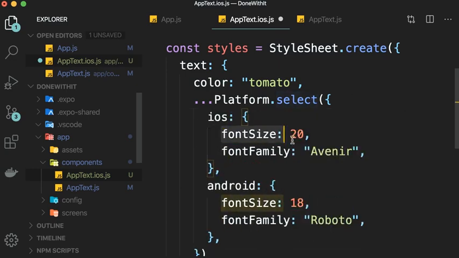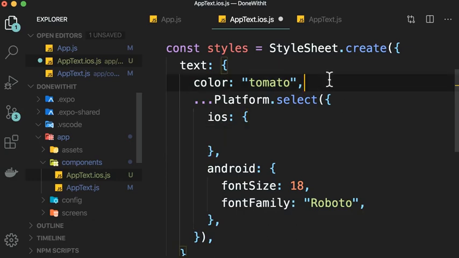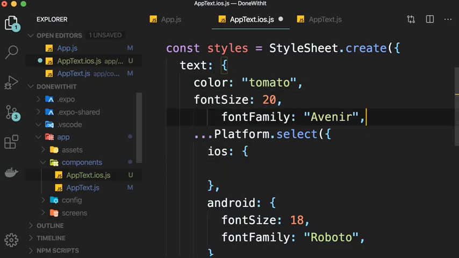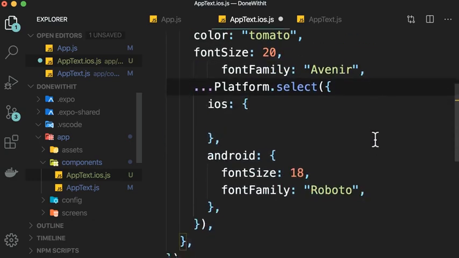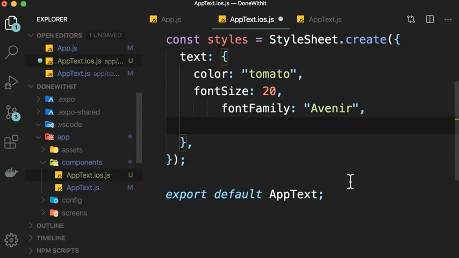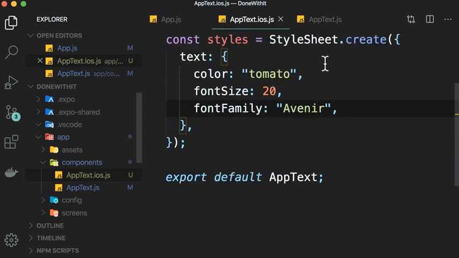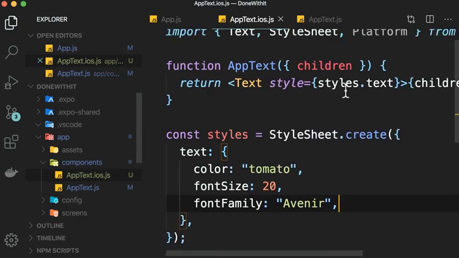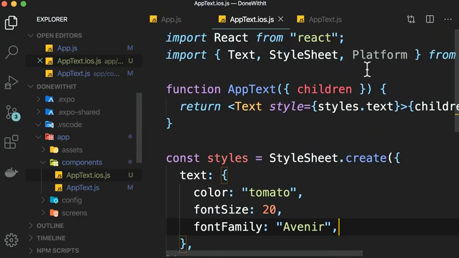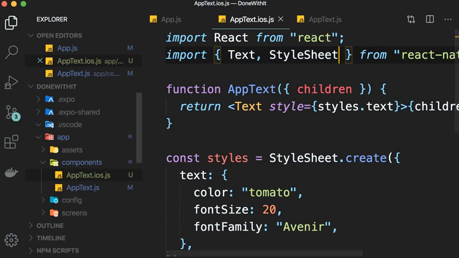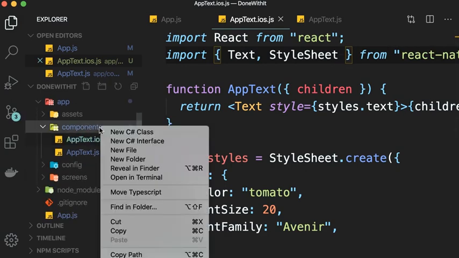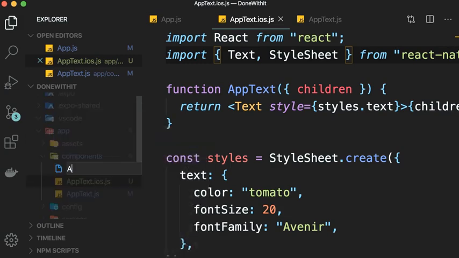We only want to copy the properties for iOS. So I'm going to cut this here and paste them after color. Now let's delete platform.select. So here we have all the styles for iOS in a single place. And that means on the top, we no longer need to import the platform module. Similarly, we can provide an Android implementation. So here we add another file,